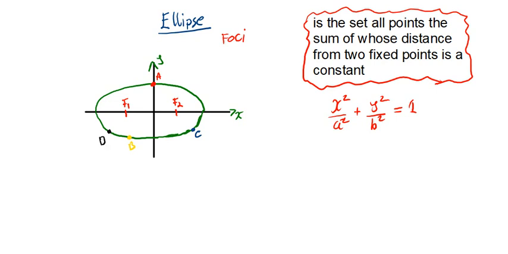So what this means is that when we say the sum of whose distance from two fixed points is a constant, is that if I put a line there from D to F1 and from D to F2. Then I also get the distance from F1 to A and from A to F2, same as the distance from B to F1 and from B to F2, same as the distance from C to F1 and C to F2. So what it is here is that